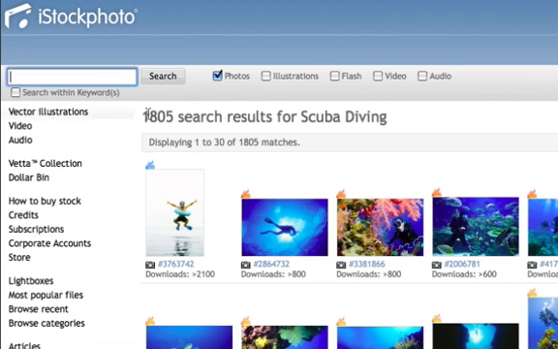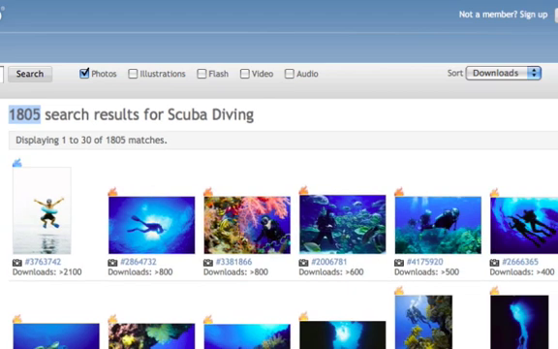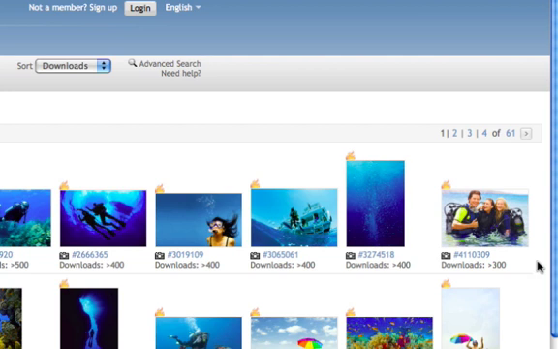Okay, what I can see here, there are 805 images that are tagged as scuba diving. So here we pretty much have our supply. This is how many images we have in iStockphoto that are tagged as scuba diving. So that's the supply we have. And you can see here number of downloads, more than 2,100, more than 800, more than 600 and so on. And what we will do in this case, we will take image number 10 here, which has 300